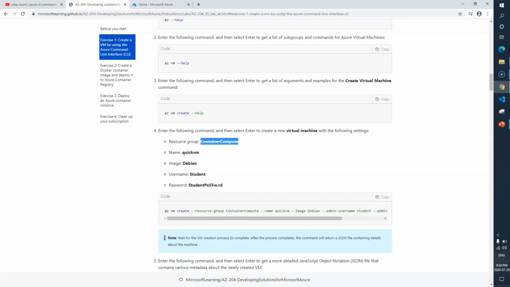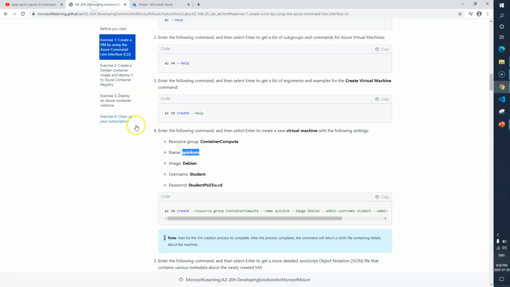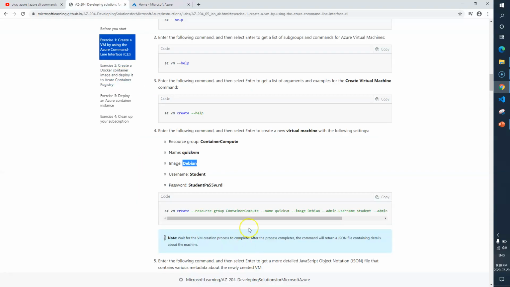Here you can enter your virtual machine name, that is QuickVM. Next is image. So the command to mention the image is this, your virtual machine image. Basically once your machine is ready, it will have the Debian OS.